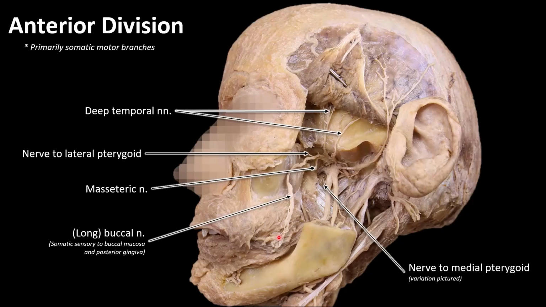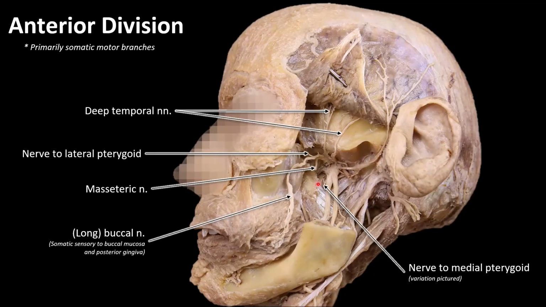The rest of these branches, though, are going to be supplying somatic motor to the muscles of mastication. And very helpfully, they have included what muscle they're going to in their names. So we have the deep temporals going to temporalis. We have the masseteric nerve going to masseter. And then we just completely stop trying to come up with names. And we have the nerve to lateral pterygoid going to the lateral pterygoid, and the nerve to medial pterygoid going